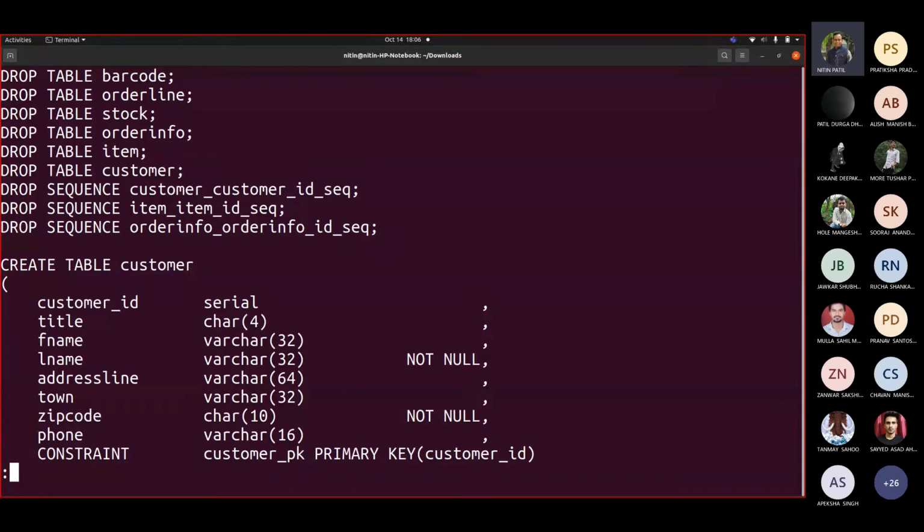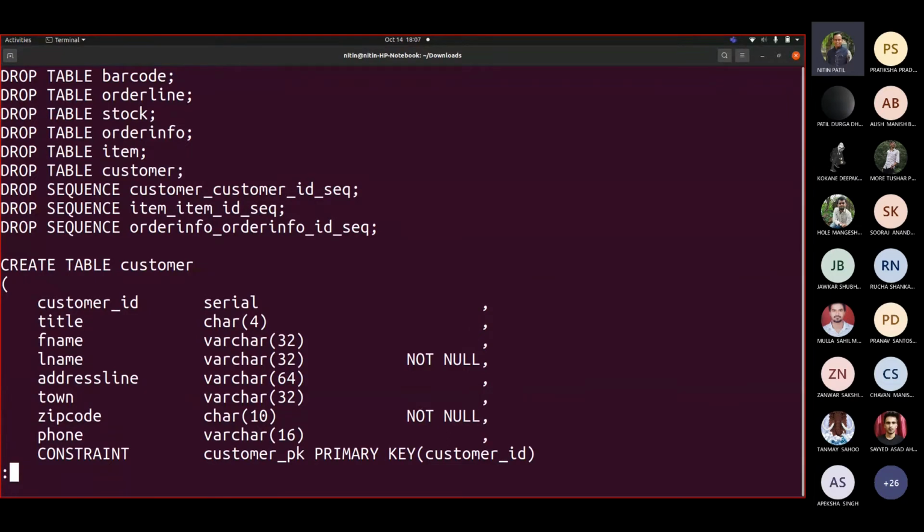So simply I wrote a few commands there. They are basically taken from a book on Postgres. If you see the books that I shared as reference, there's a book called Beginning Databases with PostgreSQL from Novice to Professional. I have downloaded this particular file from the website of that book.